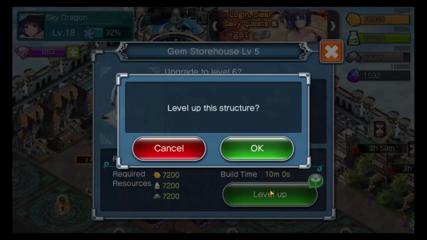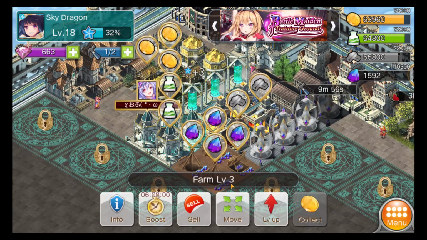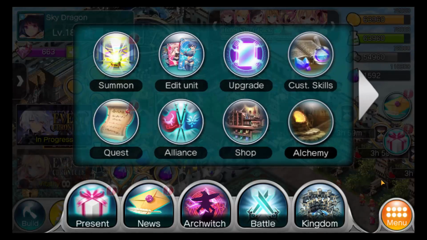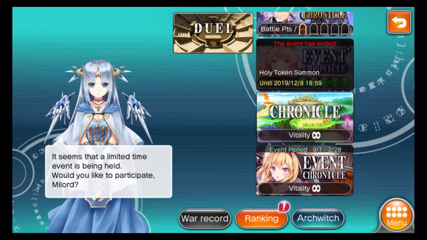Pretty much everything's upgraded already, except for the production buildings, I guess. We never upgrade the production buildings. So now that those are done, we did the hunts, we did the battle, we still have to do the dungeon before the map expires, but then also the main